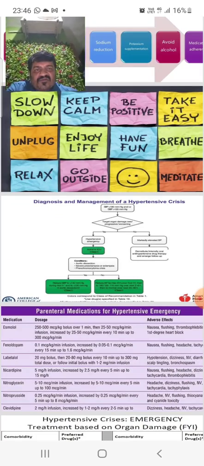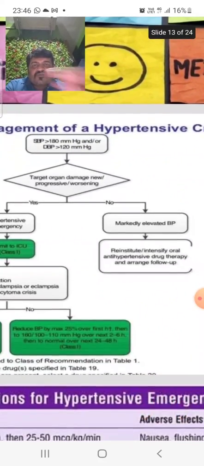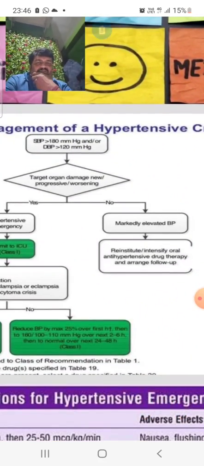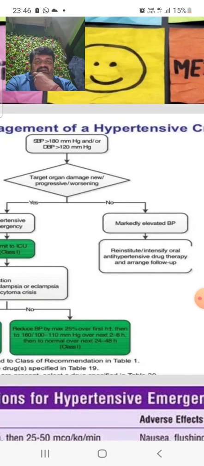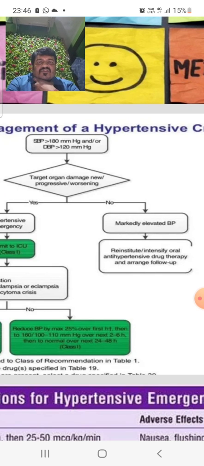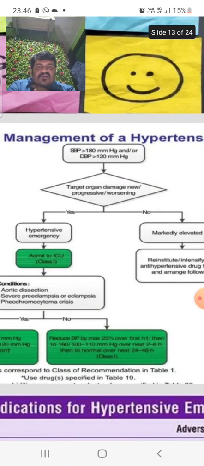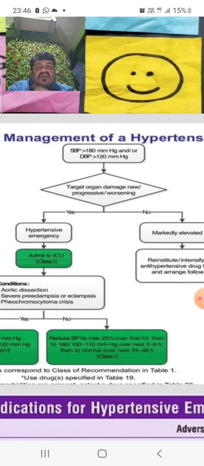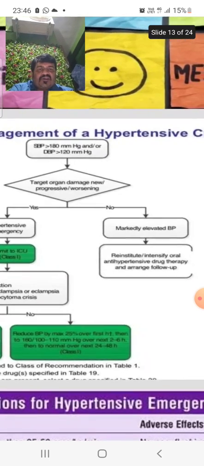So, diagnosis and management of hypertensive crisis. How will you diagnose and manage a case of hypertension? So, now we are following this regime. Like systolic blood pressure more than 180 mmHg, or diastolic pressure above 120 mmHg, and the target organ damage with progressive worsening. अगर worsening करता है, yes, then it is a hypertensive emergency, then हम लोगों को पेशेंट को एडमिट करना होगा आईसीयू में. अगर टारगेट ऑर्गन डैमेज एंड न्यू प्रोग्रेसिव वर्सनिंग नहीं होती है, then